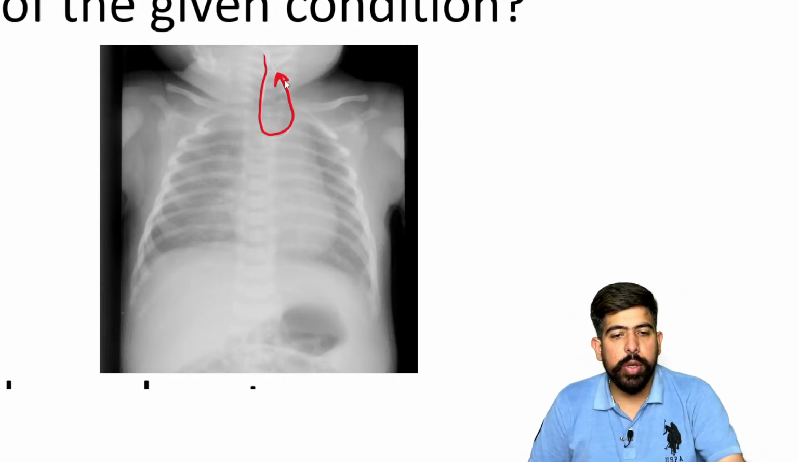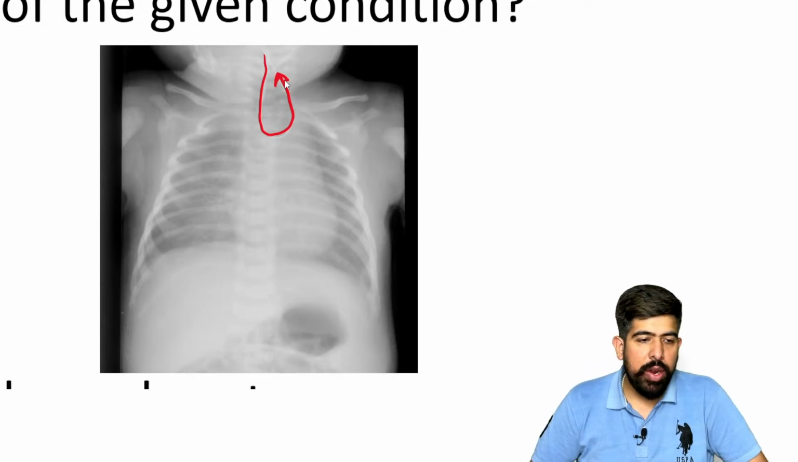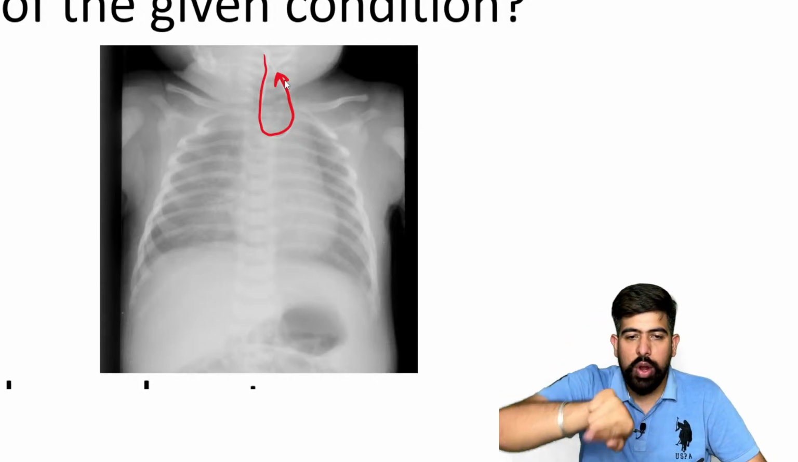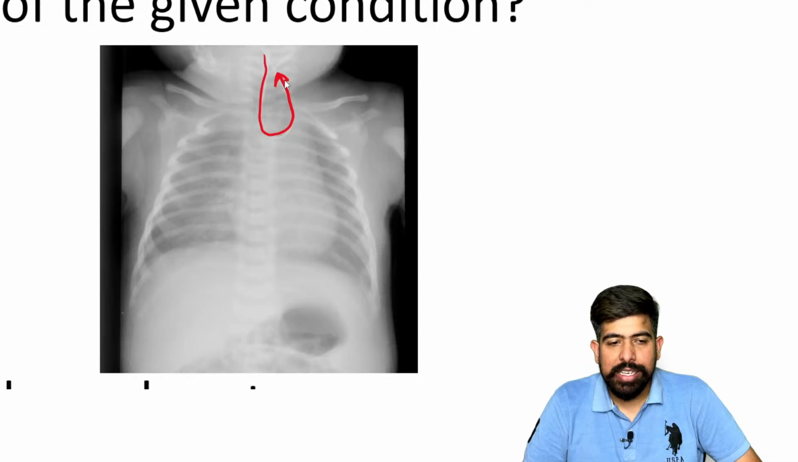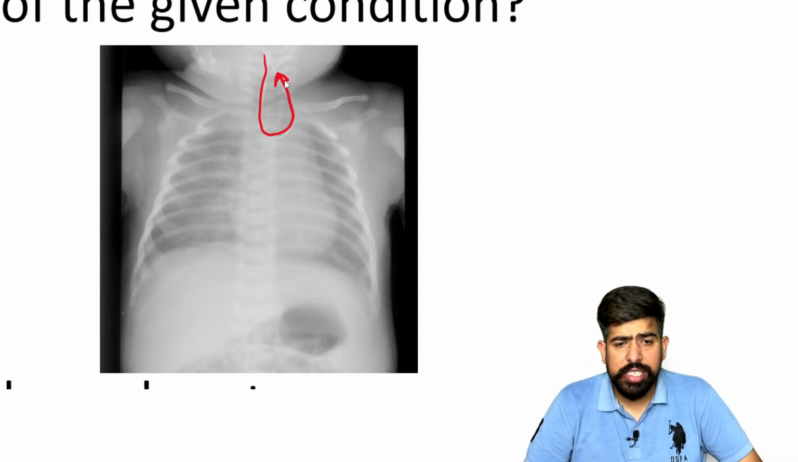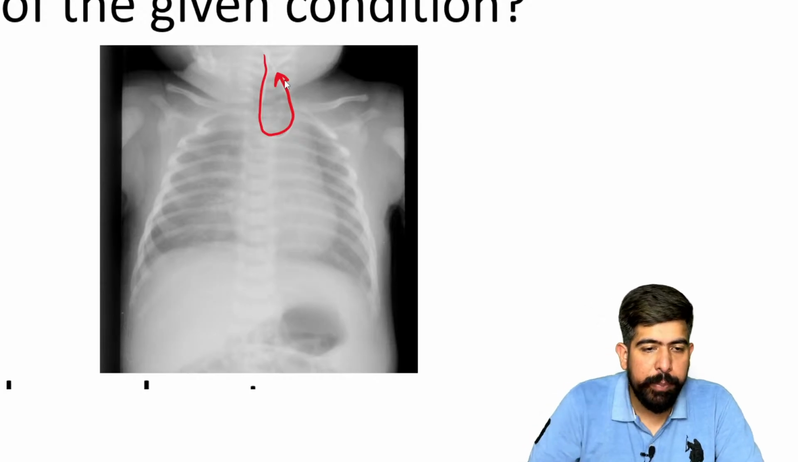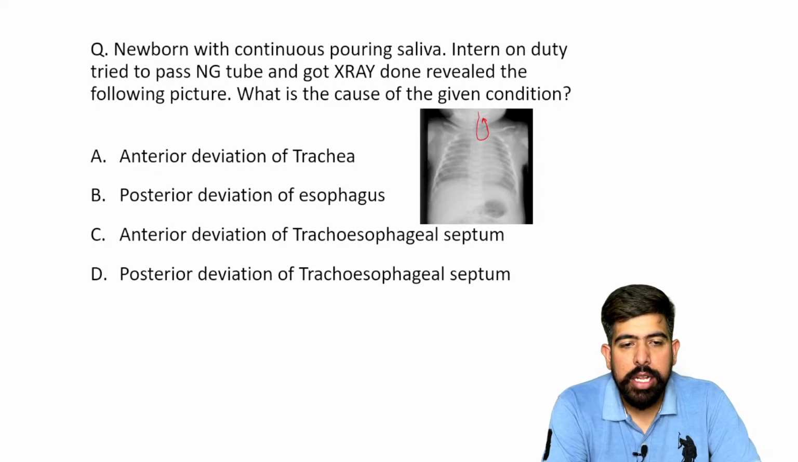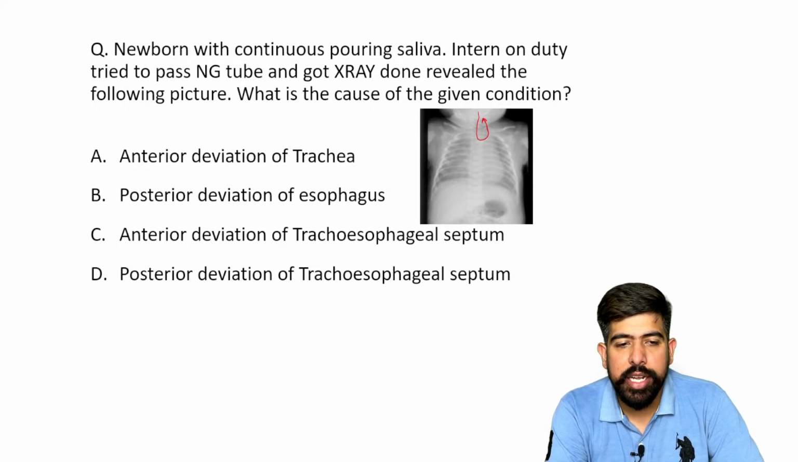It means it is not going to pass further, right? It is coiled and it is going back. Now, as it is coiled and going back, what can you understand to make a diagnosis? So the options are given to you here. The option A is anterior deviation of the trachea,